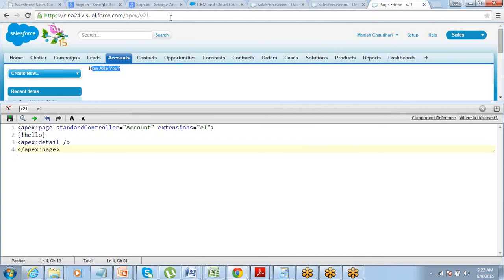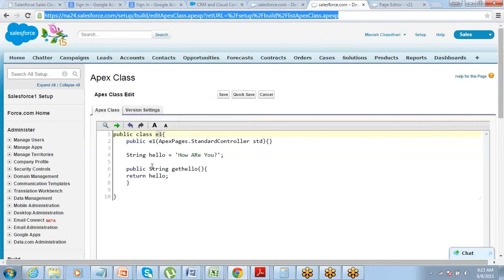If it's a custom controller, if you already have a page with a custom controller, there also you might require an extension. So let's say someone else has created a page and he has put a custom controller there. Now you don't want to go and change the code in that custom controller or in that class. You don't want to get into that. What you can do is simply go ahead and create an extension and use that for your one or two methods that you want, right? So this is like a top up or add-on, right? Now, the only difference between a custom controller and an extension is the way it is being called. Defining methods and everything is all the same.